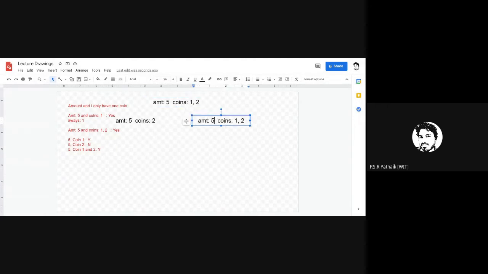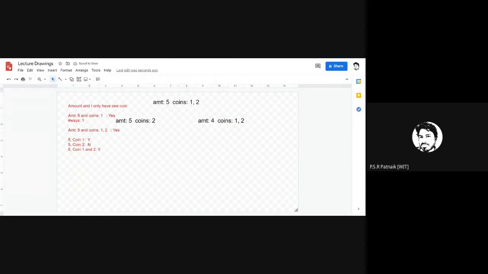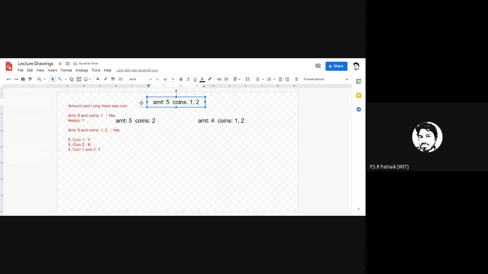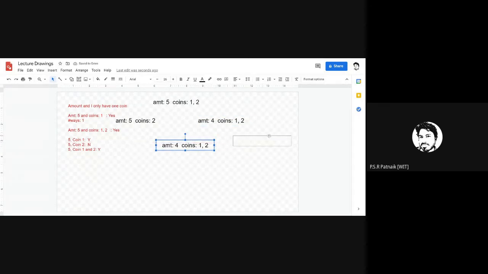So the problem here would be 4. You have decided to use one coin of denomination 1. So the next possibility you have here is to realize amount 4 by using 1 and 2. You have decided here to use this 1 and 2 both. So here you have two more possibilities, 1 to not use it, or 1 to use it.